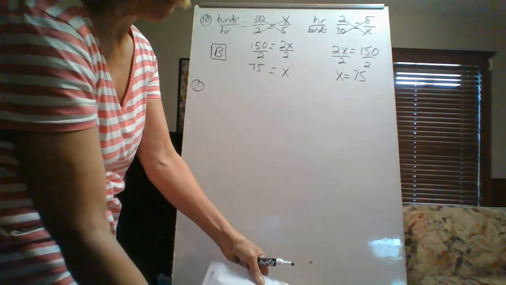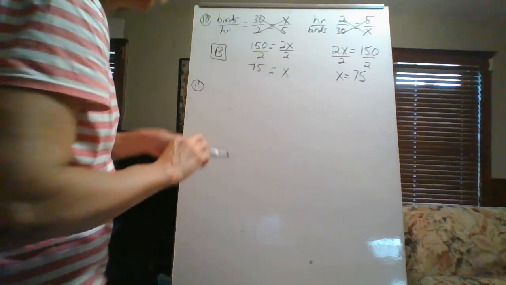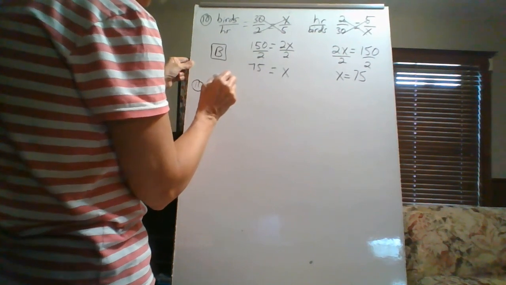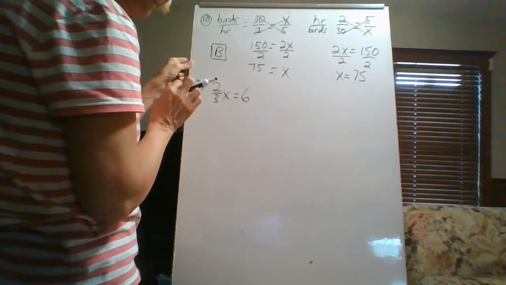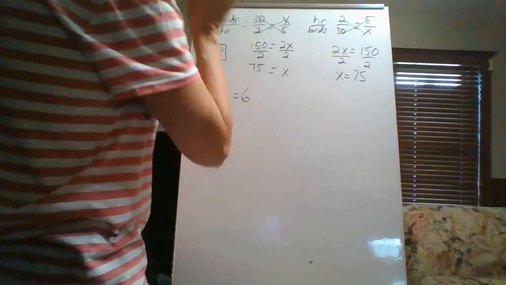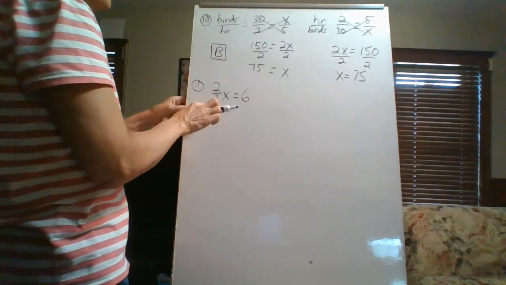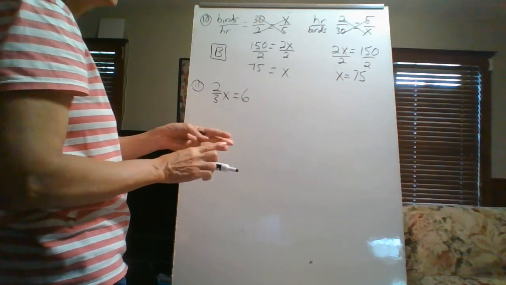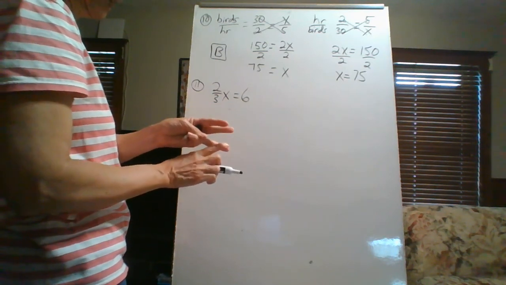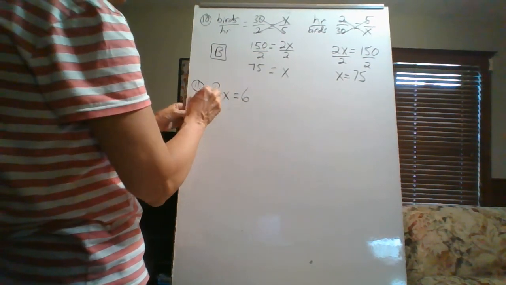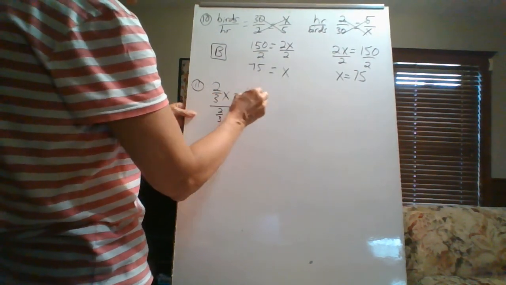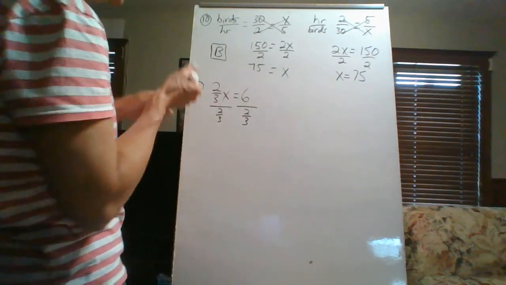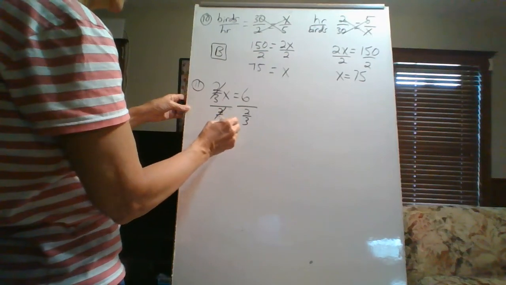Number 11. All right. If 2/3 x equals 6, then find x. Okay, so there's a couple of different ways to look at this. First step, solve both sides, done. Second step, isolate, done. Third step, solve by undoing. Well, this is multiplying, so I'm going to divide by 2/3. Let's just do this because you'll have your calculator. This looks crazy, but those cancel to become a 1. X equals